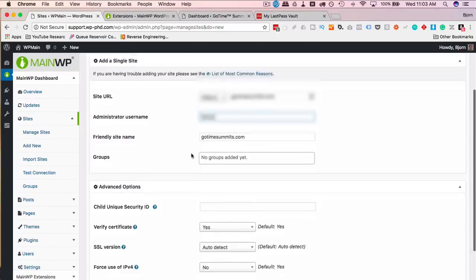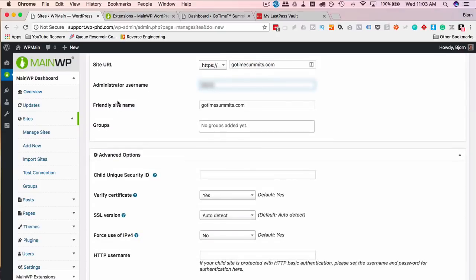There's the username. Site friendly name. This is what you'll see in your backend for the site friendly name. So I'm just going to capitalize this so it's easier to read. Go Time Summits. You can add it to a group. So if you have a large number of clients, you could have groups for specific industries or groups for clients. Maybe you have clients with multiple sites. Maybe you have your own sites and client sites. So group it however you feel is necessary, but you can add groups and it makes it a lot easier